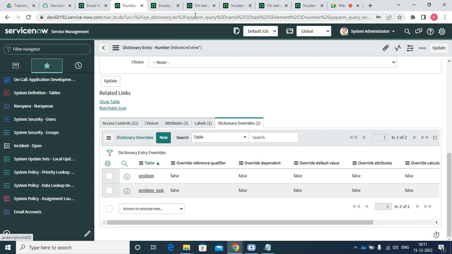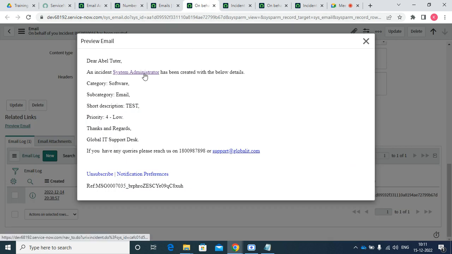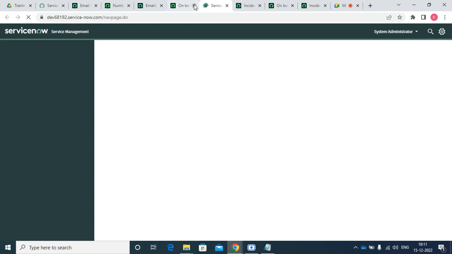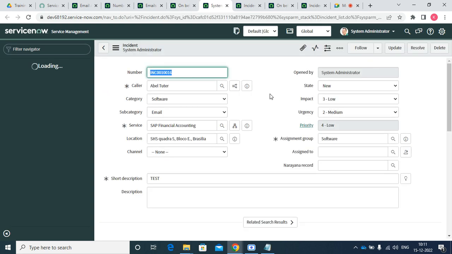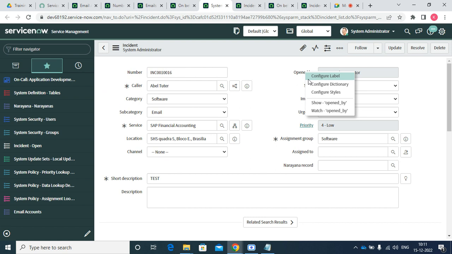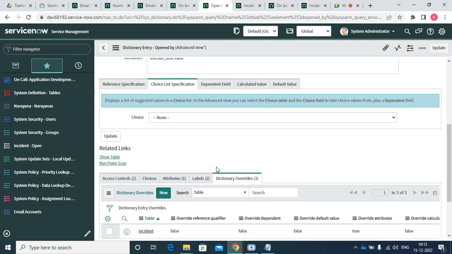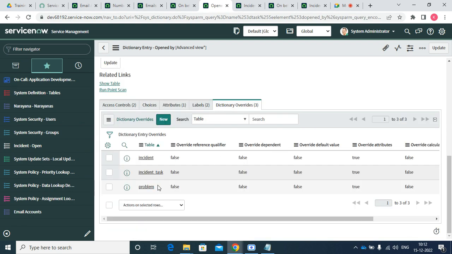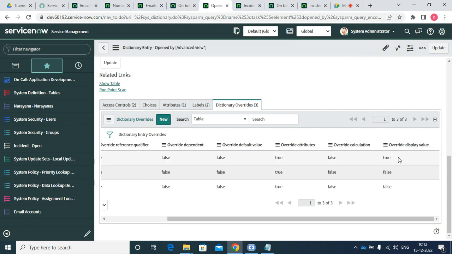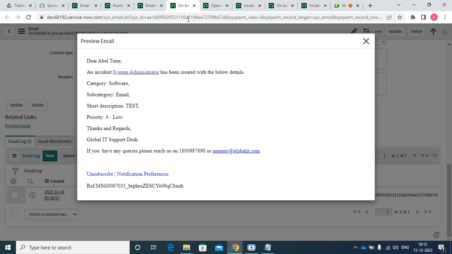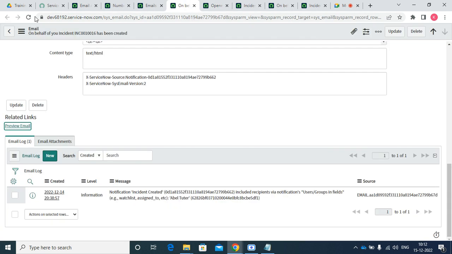But in the meantime, if you want to print the incident URL number, you can go to this one. This is the incident number. We can go for this one. If you open this, I don't think display is false. Yes. See here, the display value we have given as true. That's the reason it's coming. Now if you reload,